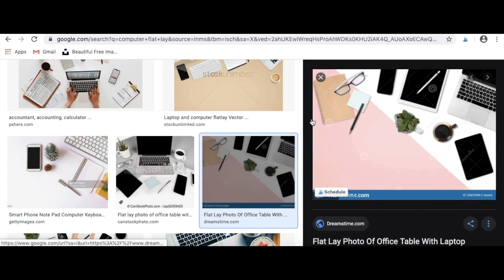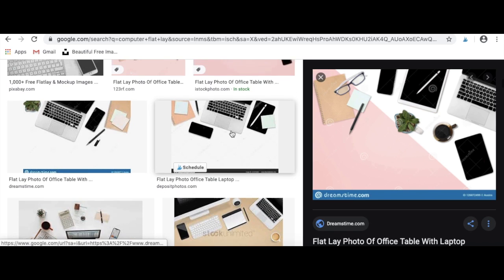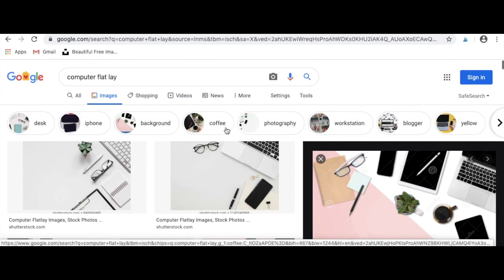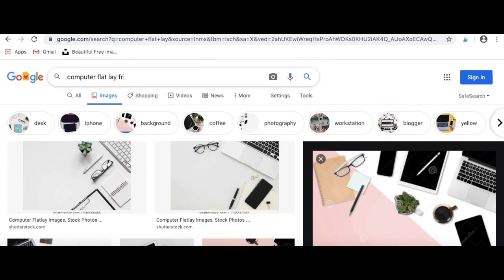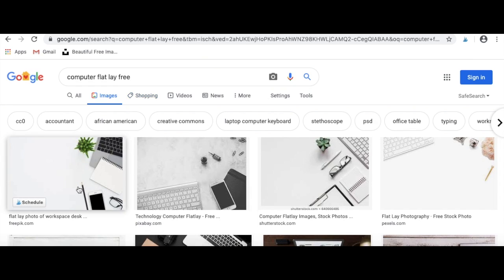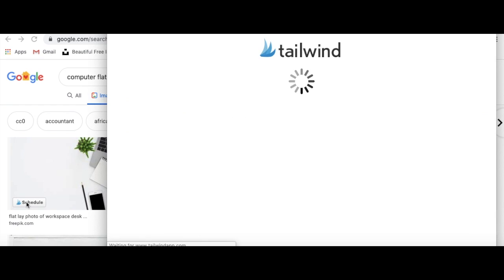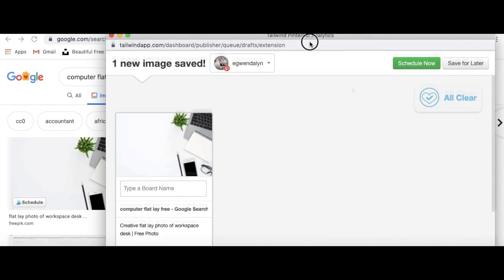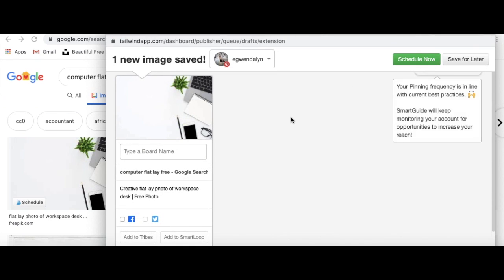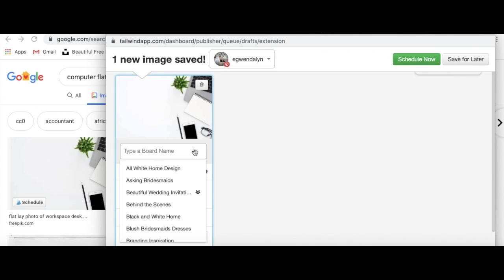I like this pretty pink one, but it has a watermark on it, so I'm going to go back up and I'm going to type free. And here, this one's perfect. We click the scheduling app and it prompts this new window that pops up. So you can either schedule now or save for later, but first you have to make sure it goes to